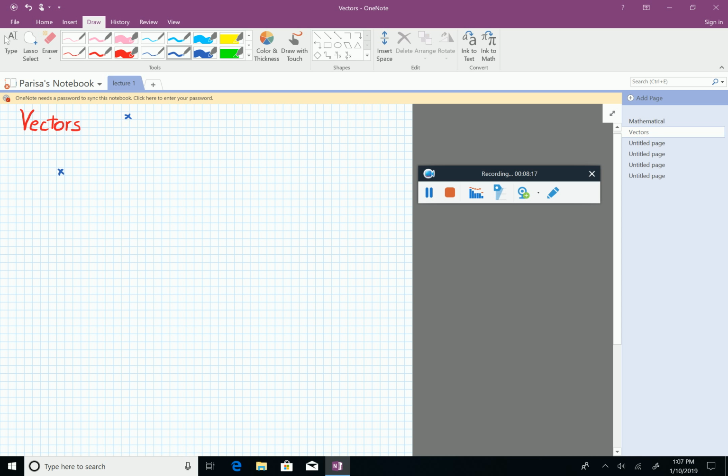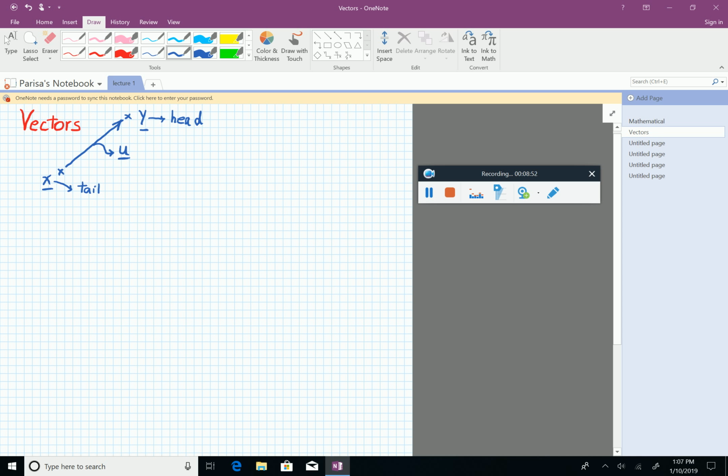So we go from, let's say, point X to Y, and of course we use this symbol which has direction in it, and here X is the tail, Y is the head of the vector,